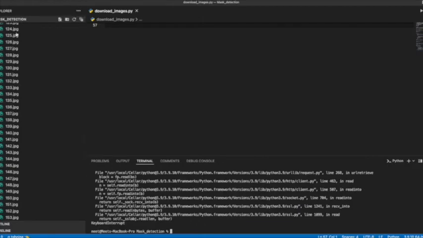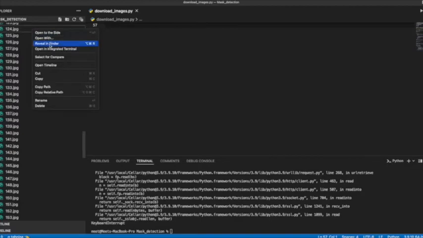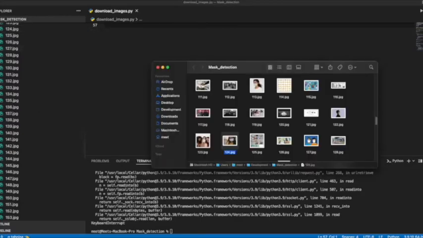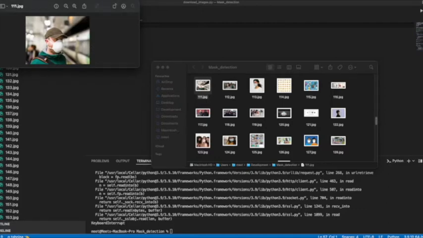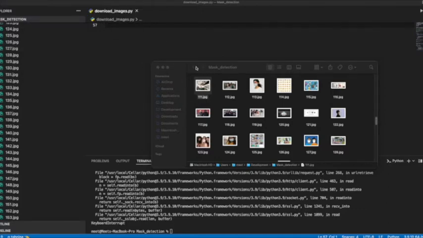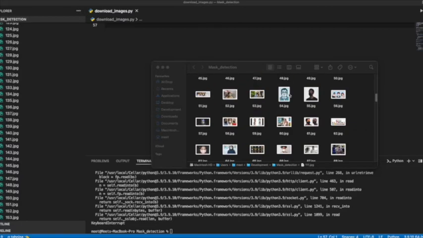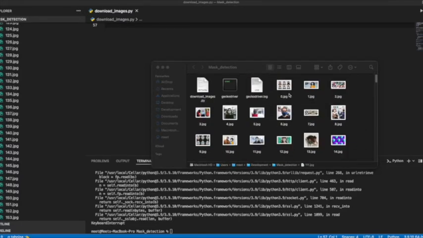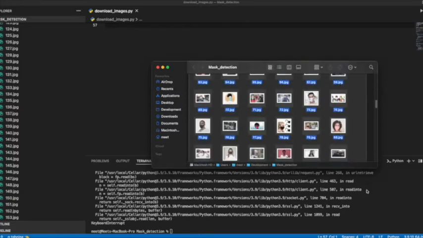If you go ahead and look at reveal in Finder and look at the images, you can see that there are people with masks which are shown here. So we'll be using these images, whatever images we have collected, which are there in the folder. Let's just create a folder of masked images. So just select all these images, and we will just paste them,